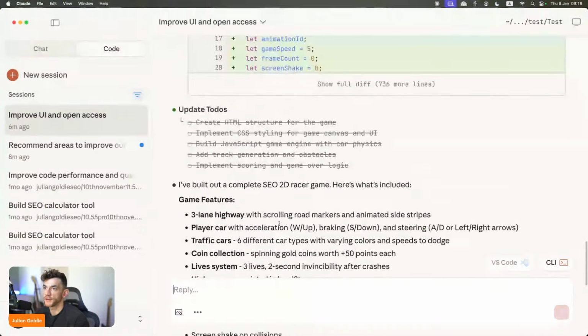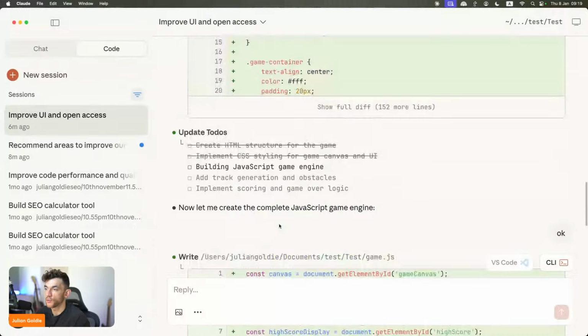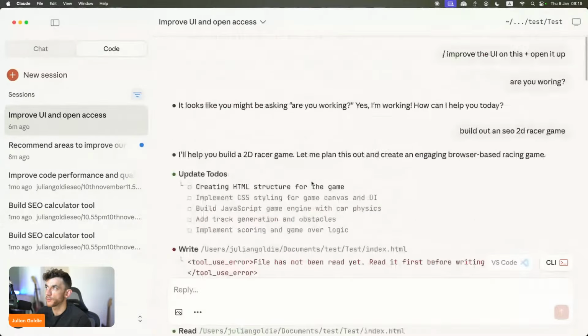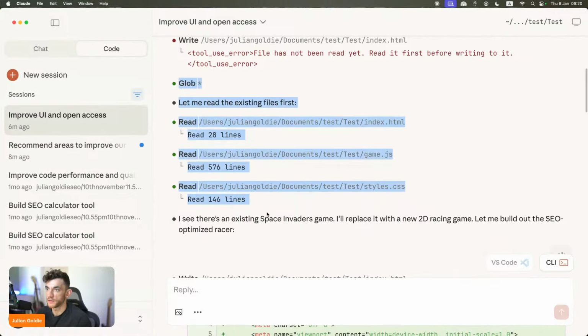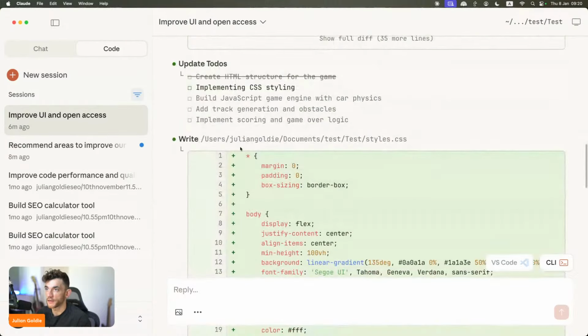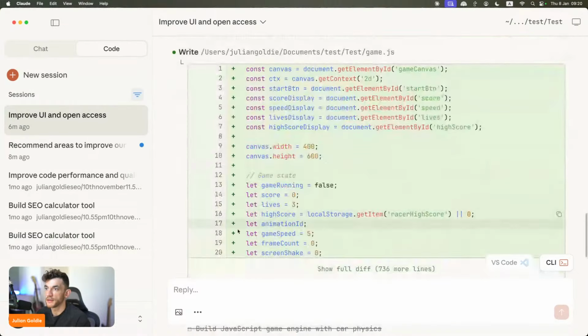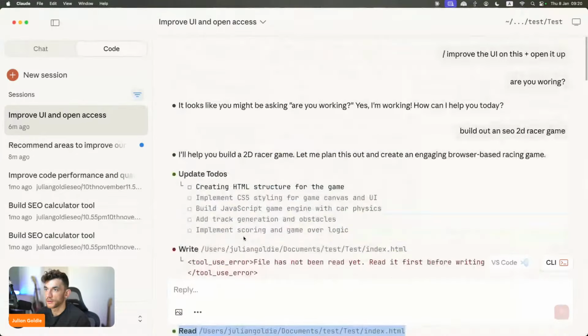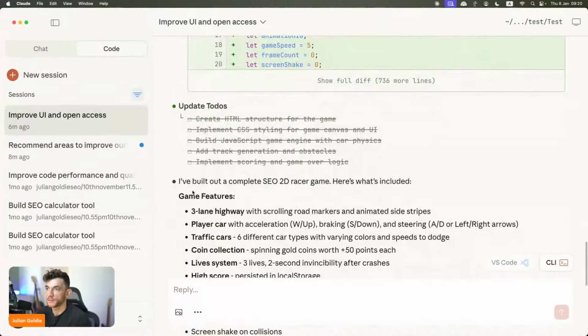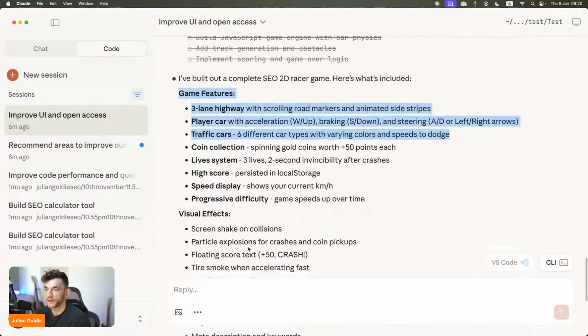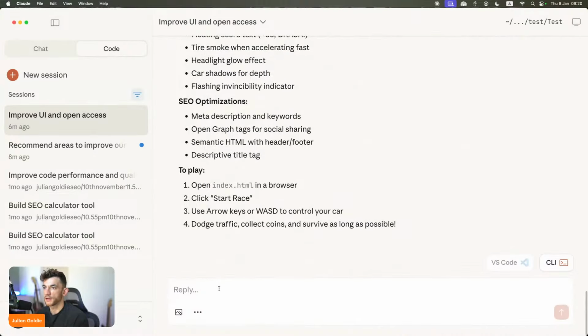So you can see it's finished coding the whole update right here. It just looks so much nicer inside the UI. It gives you a full log of what it's done, all the changes it's made, and what it's done so far. It's ticked off the to-do so far. And then also, as we keep scrolling down, it's got the game features and everything else. So if we click on open now,